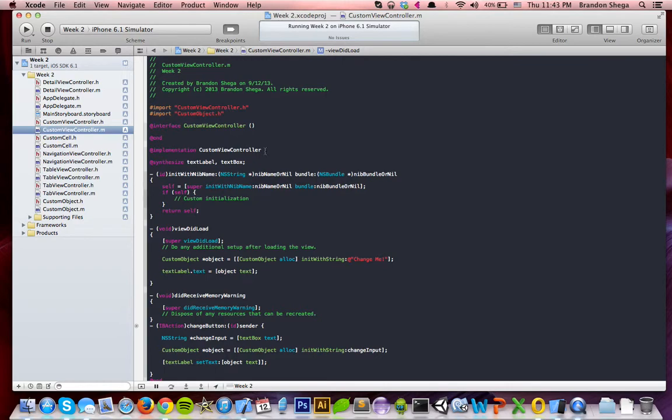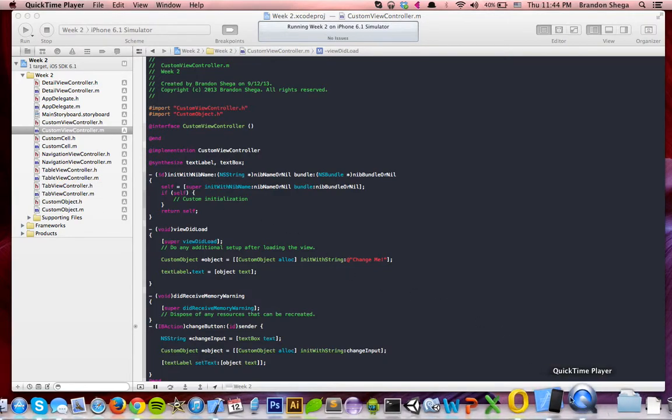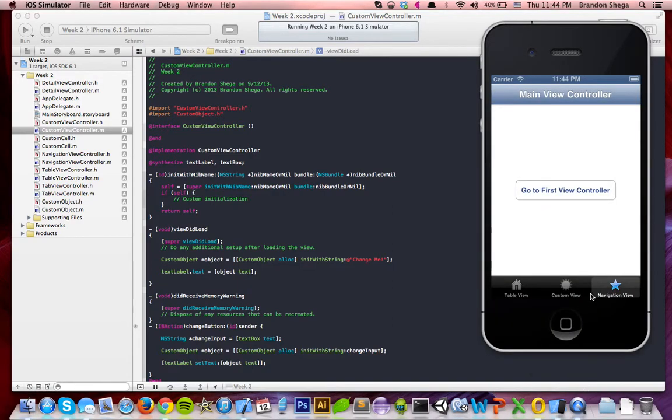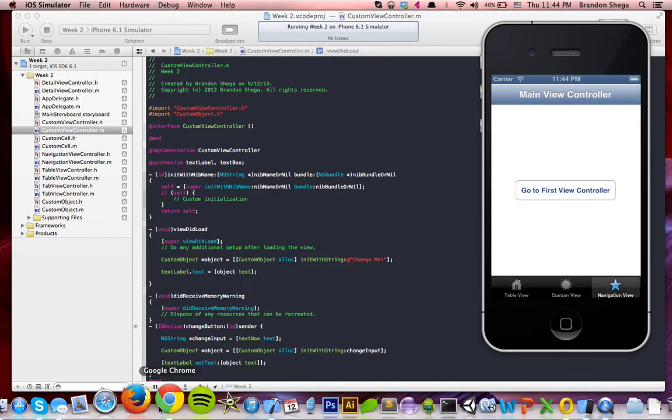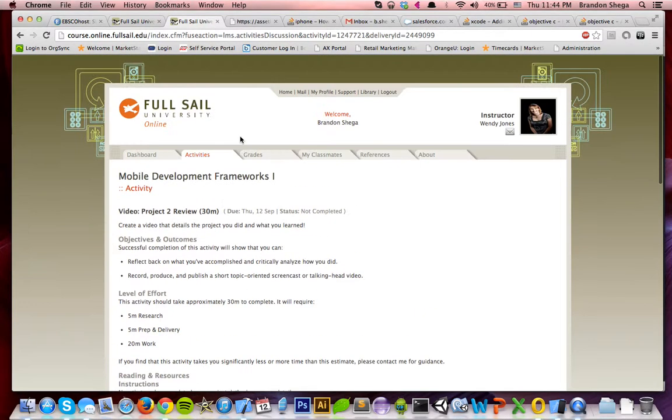I would say that is probably the most difficult thing for me this week, was just trying to figure out what the directions were saying exactly, because there were no pictures or images on what it should look like or how it should operate or what kind of data needed to be in the custom object, or what kind of details needed to be made for this navigation view controller. It basically just said